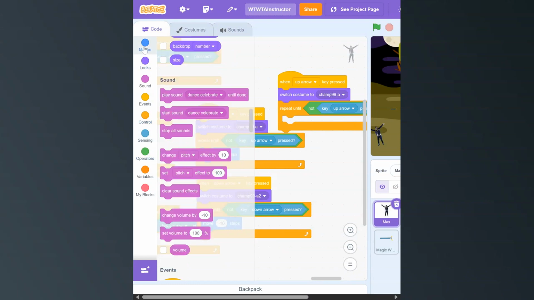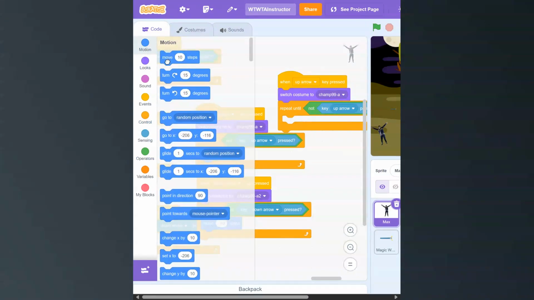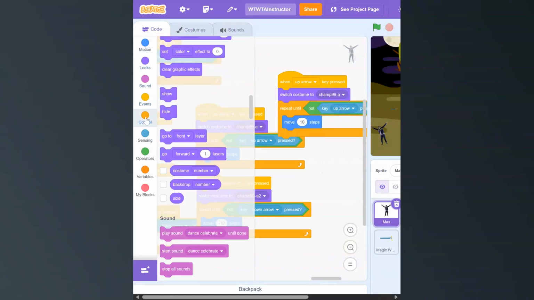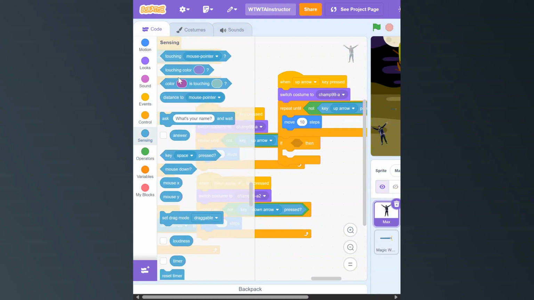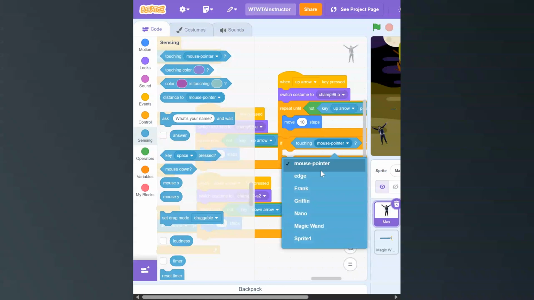We're going to move 10 steps. And then we're going to use an if conditional here. If, then. Okay, so it's going to be outside, okay? If touching the crystal, actually if touching the magic wand,